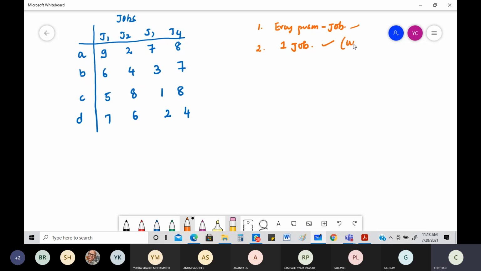Okay, which basically means each and every job should be done by only one person. See the way I'm writing, I'm talking about the sentences. Each and every job should be done by only one person, which is very much a unique proposition. Okay, next thing, the most important part, is the cost of doing the job. The cost of doing the job should be very much minimum.